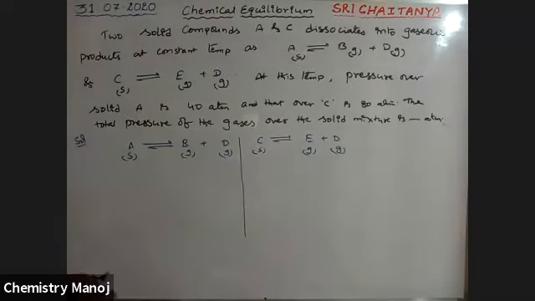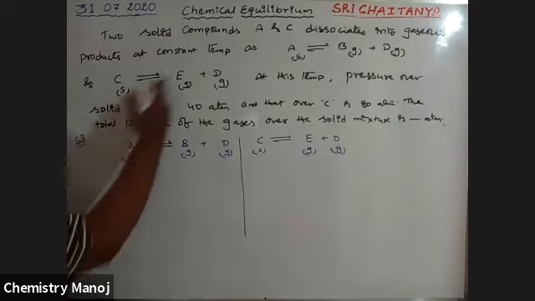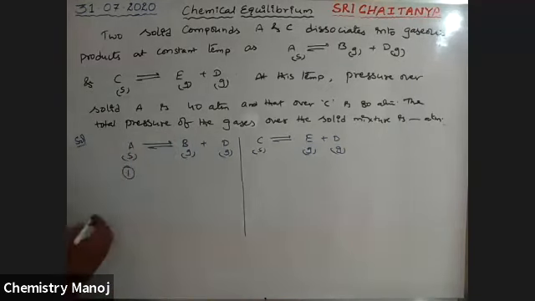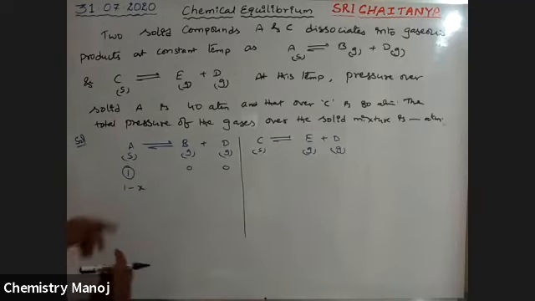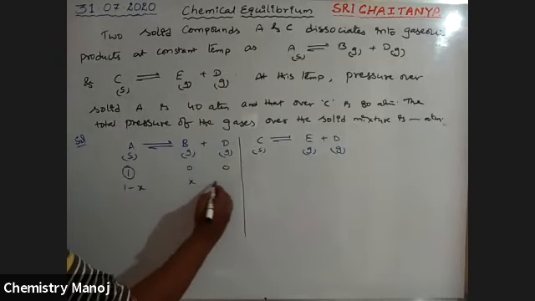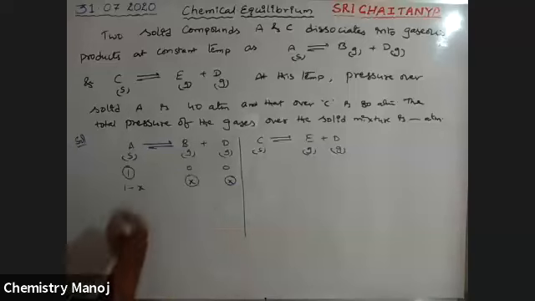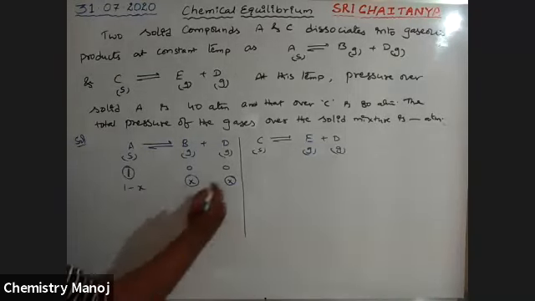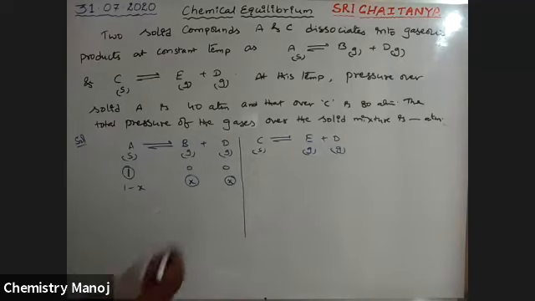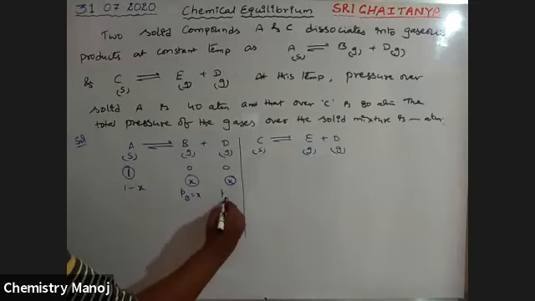Okay, so let us consider 1 mole of A. Because it is solid, there is no need to consider it. Initially 0, 0. From this, x is decomposed, therefore x is formed. So it is 1 atmosphere pressure, that is 1. So x and x. Therefore, partial pressure of B is equal to x, partial pressure of D is equal to x.